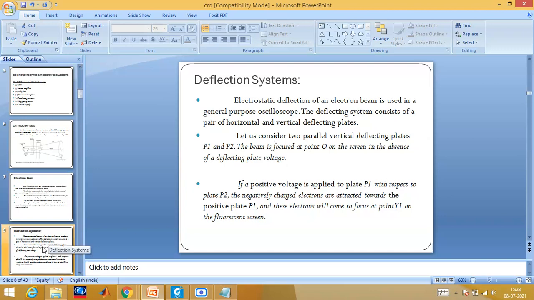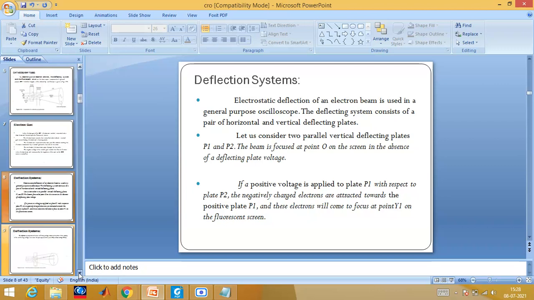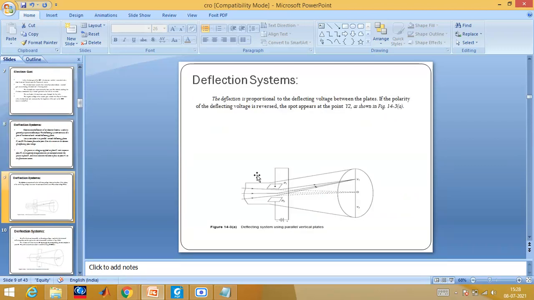Now let us try to understand some other important parts of it, how this deflection beam is passed. You can see when the electron gun is ejecting, if we are now going to analyze only the plates of vertical and horizontal separately. So this is nothing but vertically placed. So first we will analyze the vertical plates. Questions can be asked like this: how the vertical plates have been placed. Okay, so they are placed parallel.